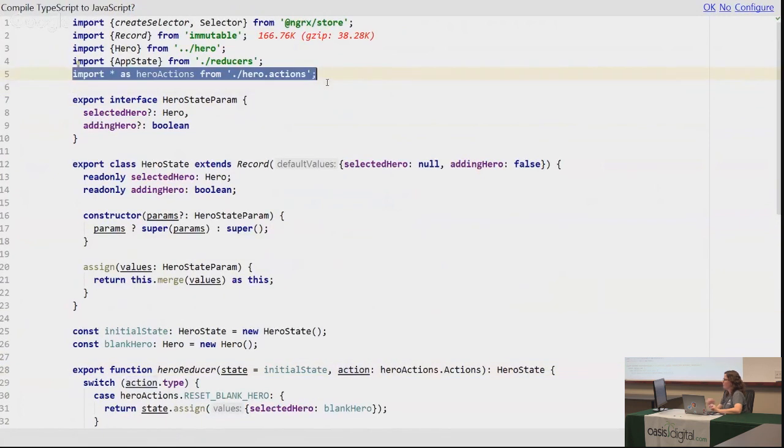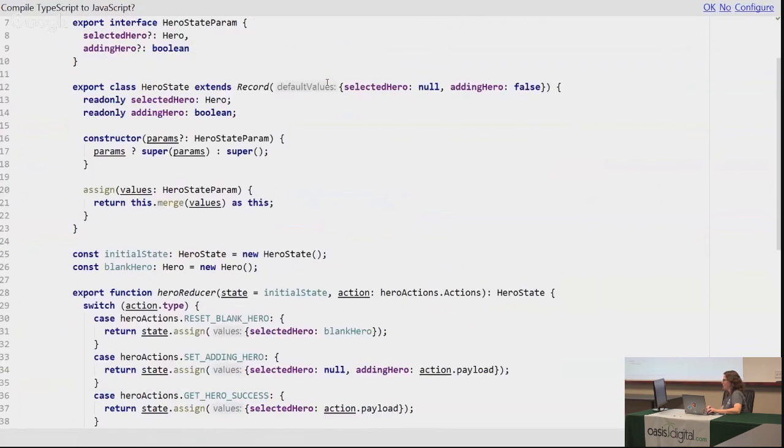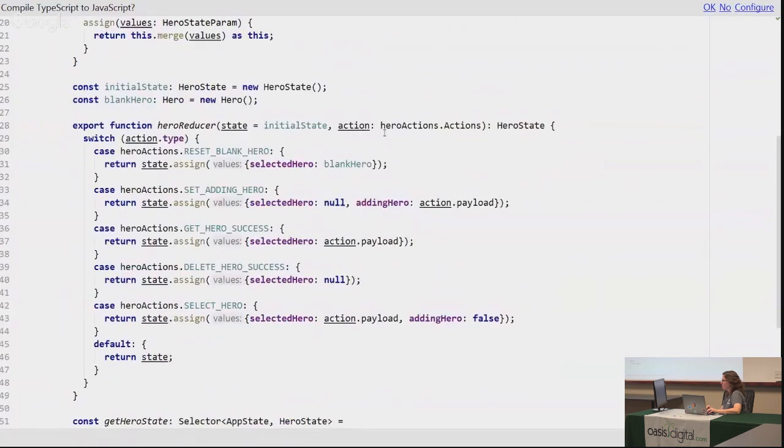So we're importing everything from that actions file as Hiro Actions. That includes our classes, our string constants, and that discriminated type. Here in our reducer, the type of action is our discriminated union type. Then we're switching on the string in the actual action instance, pairing those to the string constants, and